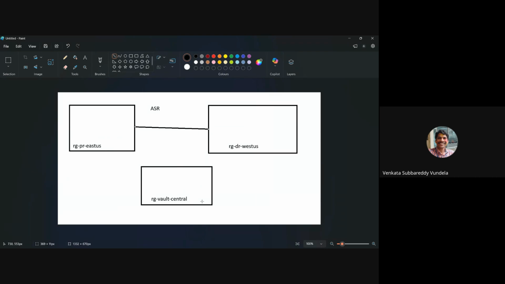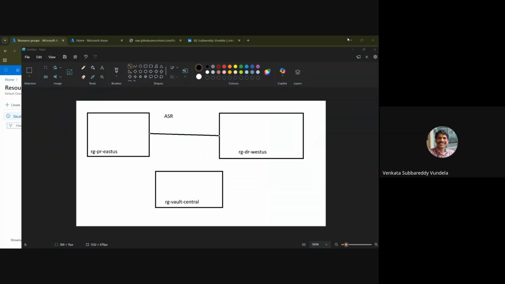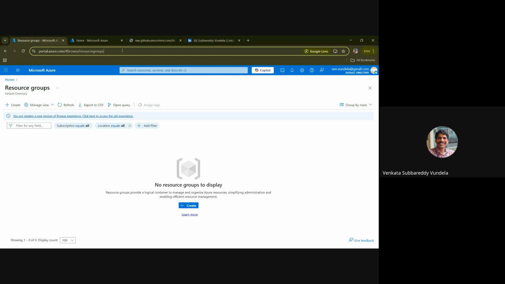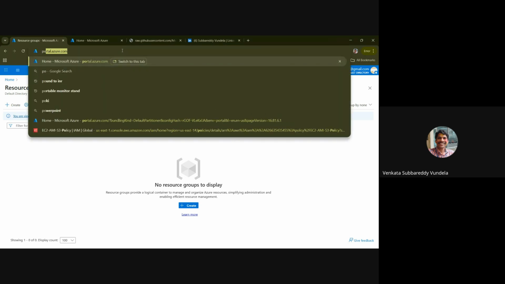Okay, so these are the four components we are going to see in real time. Let's go into the Azure portal. We can implement all these things in three different places: the Azure portal, Cloud Shell, or Azure CLI. We are going to use Cloud Shell and the portal to demonstrate. First, we need to log into portal.azure.com. I hope everyone knows how.